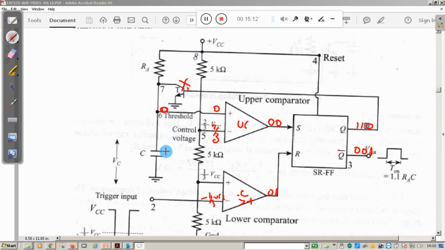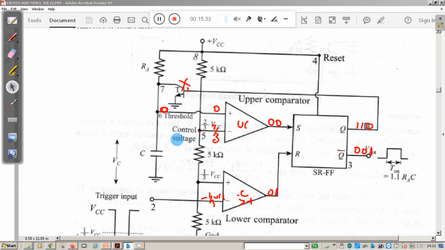So our capacitor will be recharging through RA. So when the capacitor recharges,